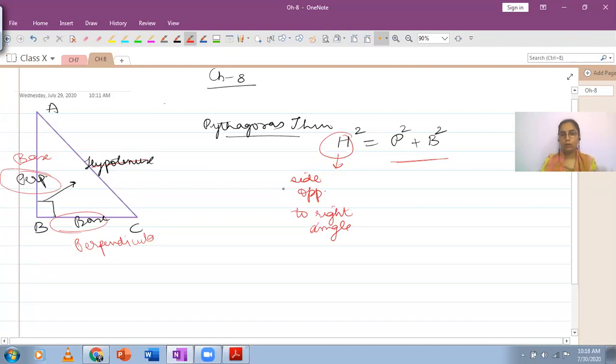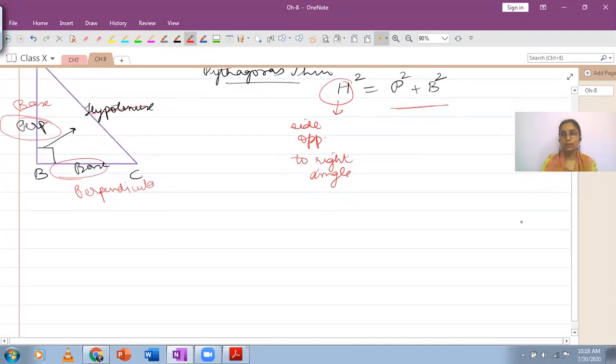Right now, what we are going to do is, other than right angle, if out of the remaining two angles हमें कुछ दे दिया जाए, out of the three angles of a right angled triangle, one is definitely 90 degree. If we are given any one of the remaining two angles, based on that we can identify which side specifically will be the perpendicular and which side specifically will be the base. So if you have a triangle, let's just say this is a right triangle that you have, यहाँ पे आपके पास 90 degree angle बन रहा है, and आपको इसके साथ angle C की value दी है.